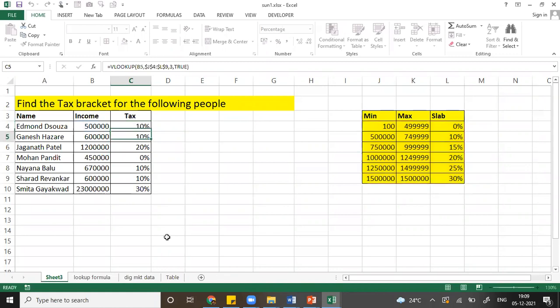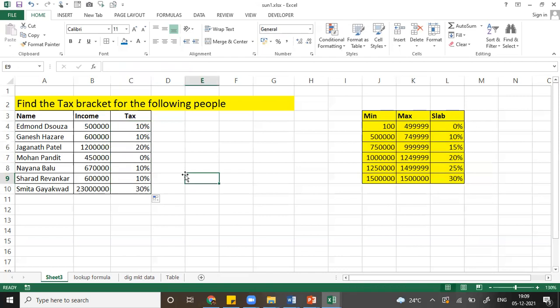I'll press enter. Remember, I have made J4 to L9 constant because it always has to refer to the same table, with the same values for all the records. I delete it once again, pull it down, and fill it.